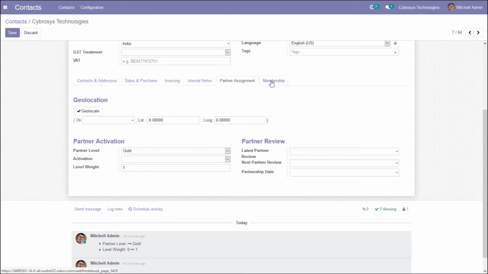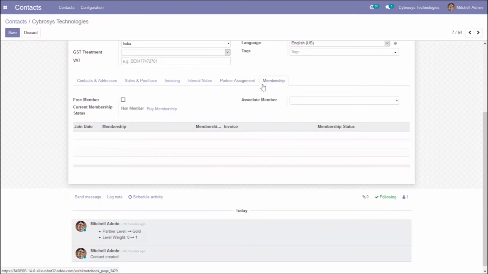Then here comes a tab where we can add membership details of this contact. Odoo will help you to manage membership in any organization, regardless of the size of the organization. This is a unique feature that allows the user to issue free membership, paid membership, and associate membership. If this contact is a free member, you can mention that it is a free member, so you don't have to buy a membership.